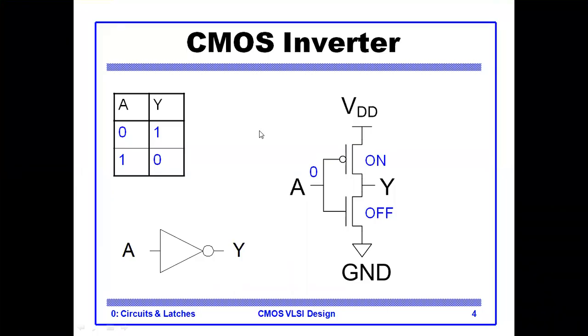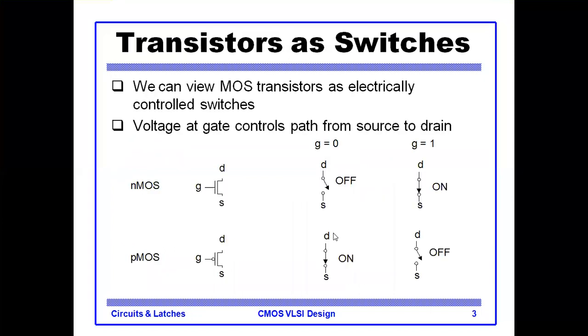Whenever we have to understand the working of the CMOS inverter, first we know about the ideal working of the NMOS type of transistor and the PMOS type of transistor. That was in the previous slide, and already we understand it. So you know the ideal working of the NMOS and PMOS.